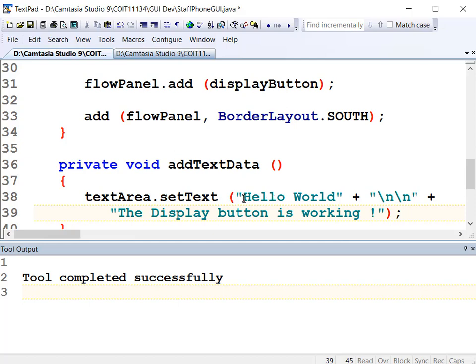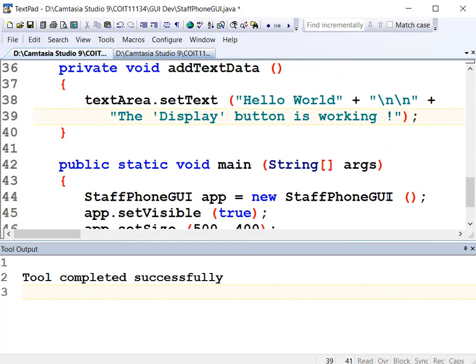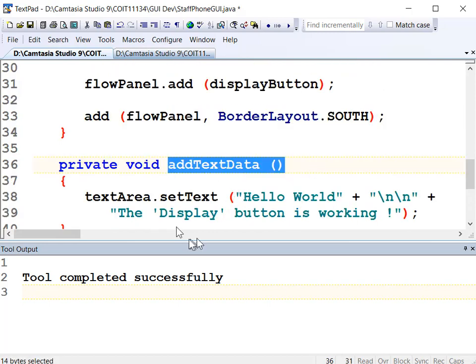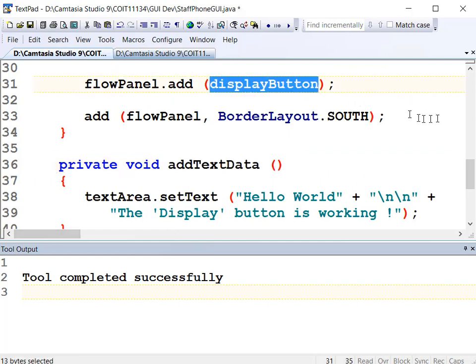Okay, so just setting a text there, hello world, a couple of blank lines, and a message saying the display button is working. Just so we can see something in the text area. So we want to now wire up that button to the display button so that it runs this code whenever the display button is clicked. And the way you do that